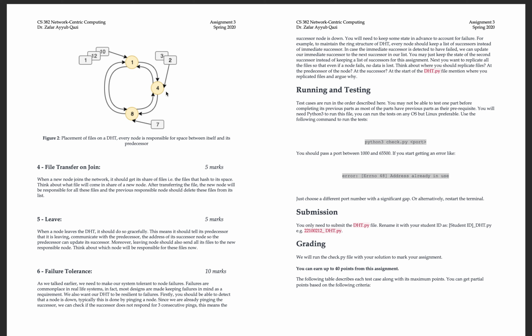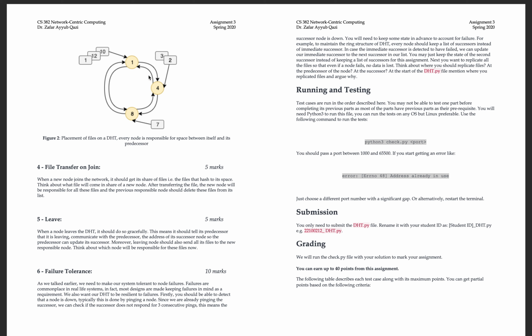The first is that you need to be able to detect a failure in the system, and secondly you need to revert that failure or maintain certain state in advance so that you can recover from that failure. By failure, what we mean here is that a node goes down without telling its predecessor that it is leaving.